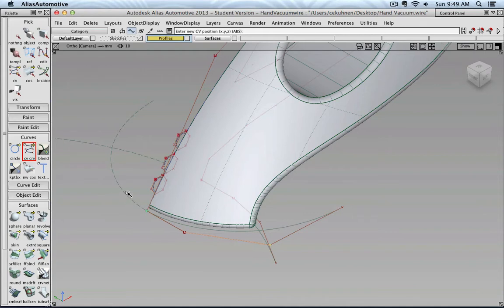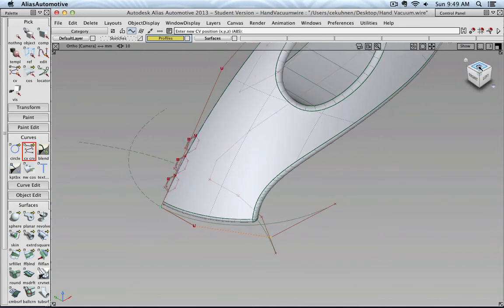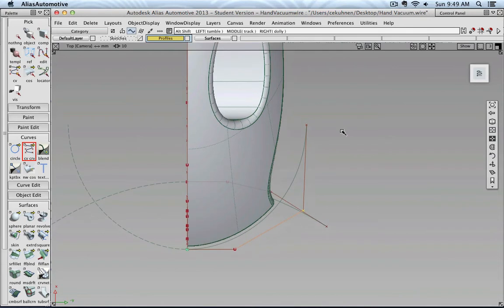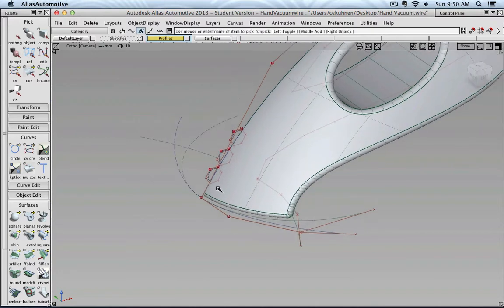This profile I'm going to create pretty much mimics the flow of the lower curve I created to build the upper part of the handle, but now the last point I'm going to place somewhere here. There you can see that the white line at the beginning very much follows the curvature of the vacuum surface, and then it moves more and more away from that surface. So the reason why I do this is, if we now go into the perspective view and zoom in,